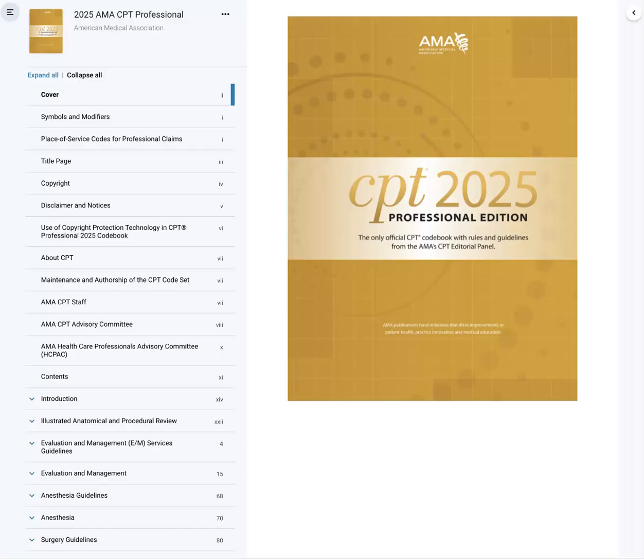I think one of the biggest challenges with using this manual is taking the words that the provider documented and translating it into a CPT code. So it is very important that you understand the contents of this manual, which is really my focus for this